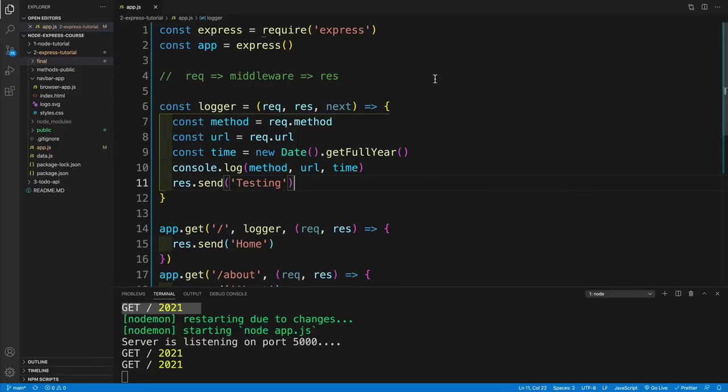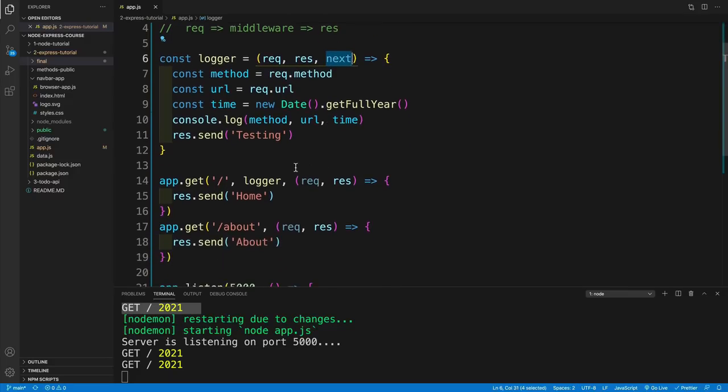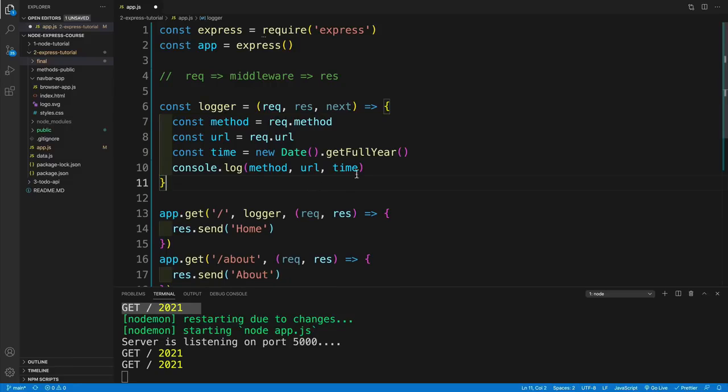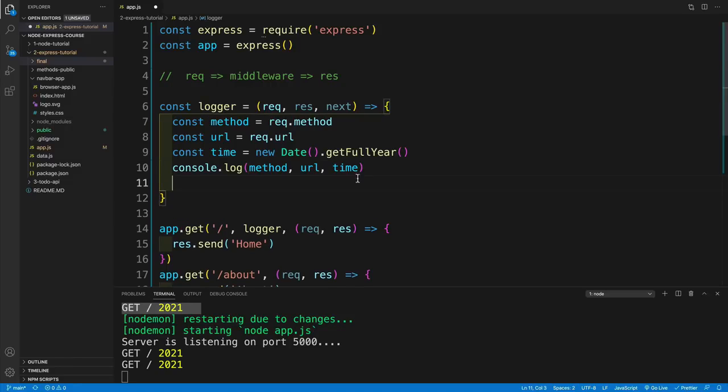If we refresh, notice it doesn't really matter if I try to access the homepage. Since I have my middleware, I'm actually sending back the testing. And this is why the middleware is so powerful, because you can literally do whatever you want over here. You can set up all kinds of cool logic, and you have two options. Either you pass it on to the next middleware, which in our case, of course, are going to be our methods, our get methods,